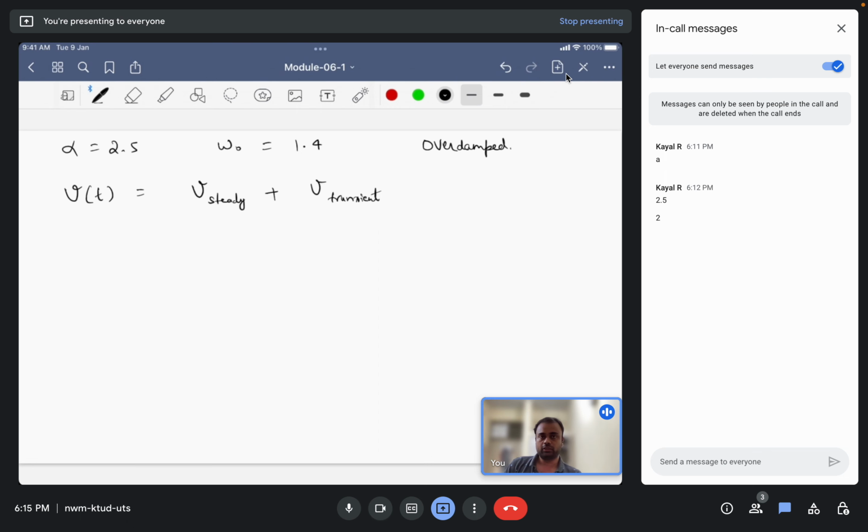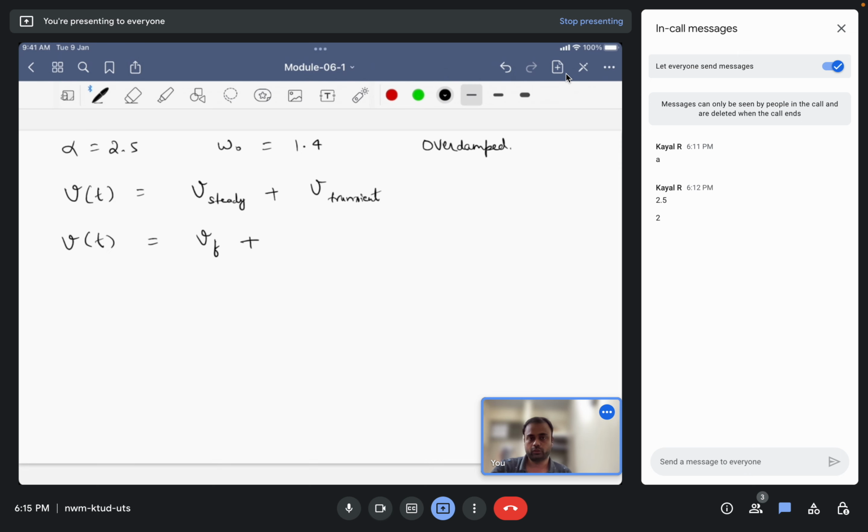So steady state is also called the forced condition, that is when we have connected the supply, and transient is free, that is, there is no excitation in the circuit. So let us first of all write the equation in case of the transient form. We'll write the equations for the case of overdamped. So V(t) will be V steady, also called Vf, we are denoting it so because it is a forced wave, plus the